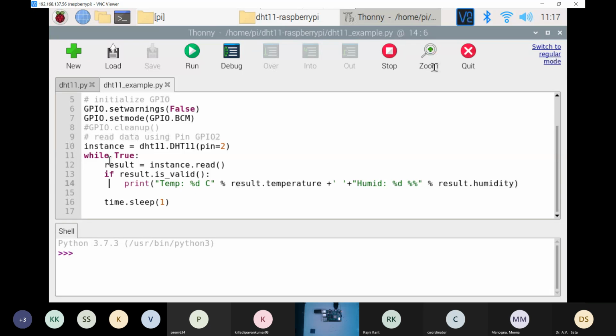If any data is available, then we are printing it: print temperature, result.temperature, then humidity. This temperature with percent d is a format specifier, and the result.temperature variable is what we are fetching from the DHT11 library.